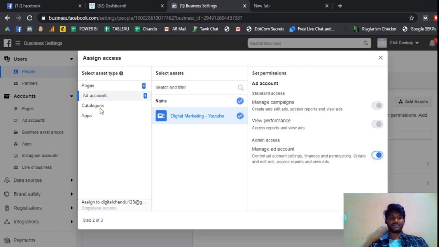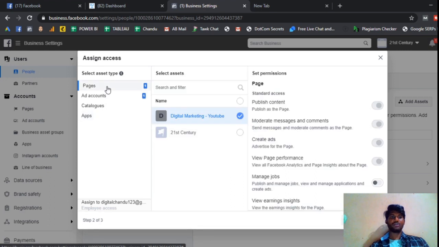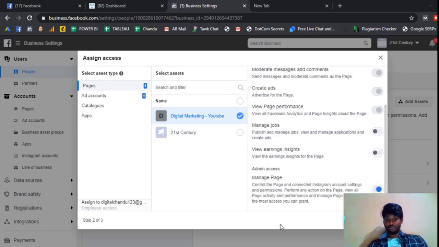And after that, catalogs. I am going to explain catalogs in depth in the next video, guys. And applications, these two are not in this particular video. I am going to explain pages and ad accounts, people and assets, guys. After giving access, simply click on the invite button, guys. Whichever email address you entered first,